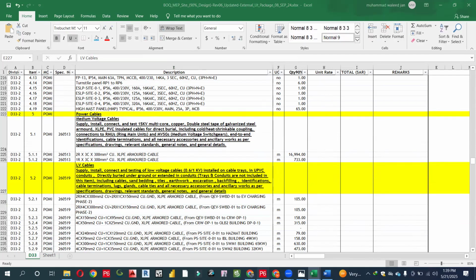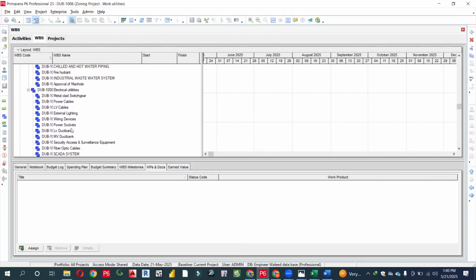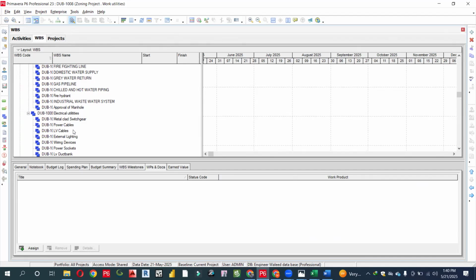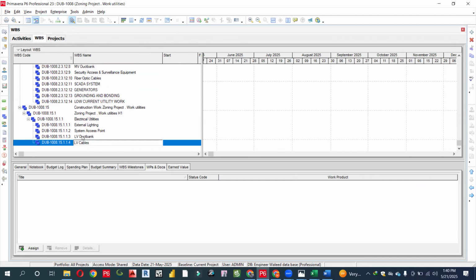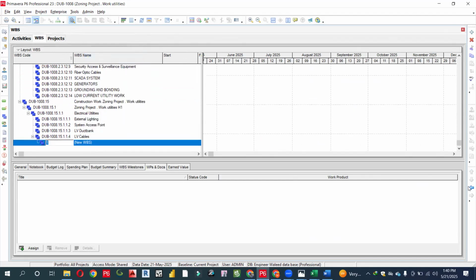If you remember, last time we also put it into the approval, the electrical utilities, the LV cable. Why did we put it into the approval? Because this is very important, LV cables. I will write over here the LV cables. So this is somehow in the H1. Now right click over here, add, make it separate and convert it into the